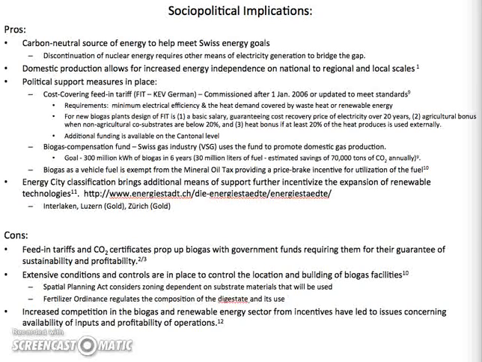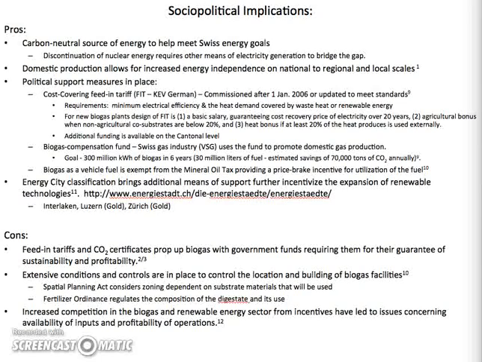Domestic production also allows for increased energy independence on a national scale to regional and local scales. Political support measures are in place. There are cost-covering feed-in tariffs for plants commissioned after the 1st of January 2006 or that have been updated to meet those standards. Now, the requirements for compensation state that the system must reach a minimum electrical efficiency and that